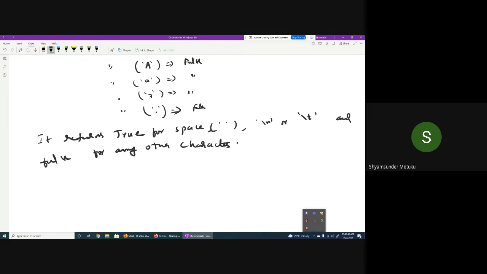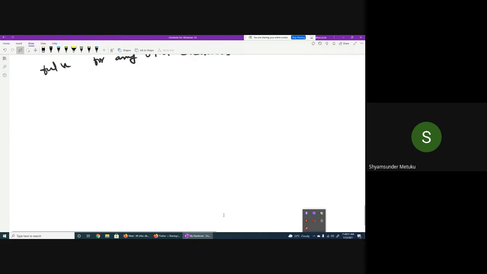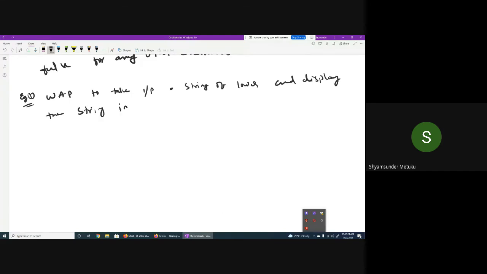Okay, fine. Now, I wanted to write a program, example again. Write a program to take input a string of lowercase and display the string in uppercase.